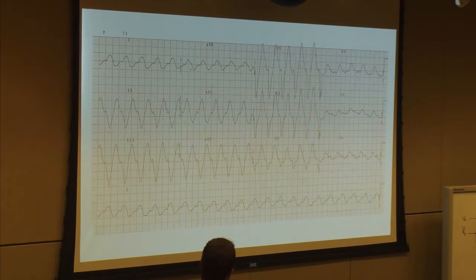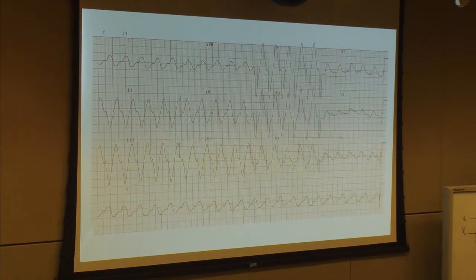So what's my rate? Let me find a good one. 300, 150, 100. So I'm down around 130, wide complex, slow VTAC. It doesn't really fit well. Bizarre wide complex doesn't fit a picture nicely. What do I have up here? Prominent R wave in AVR. And this is a tricyclic also.